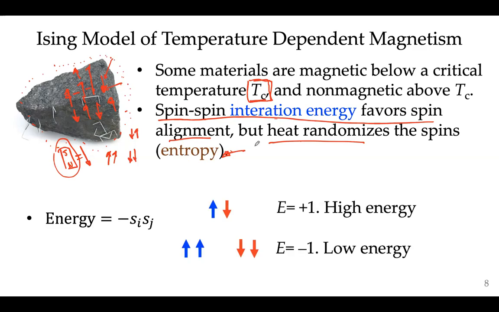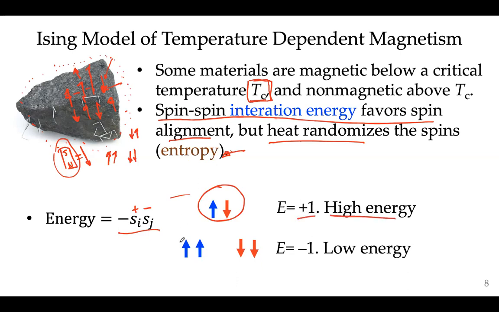Okay, so what is the formula for energy? If you take two spins, the energy is basically negative spin 1 times spin 2. Okay, let's look at this situation. If you have one spin up, one spin down, and you want to calculate the energy, it's negative. One spin is up, it's plus. One spin is down, it's negative. So negative times positive makes negative, and with the leading negative, it makes positive. So the energy is +1. It's high energy.